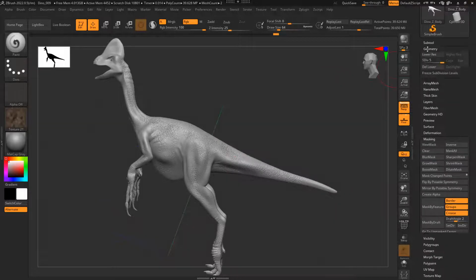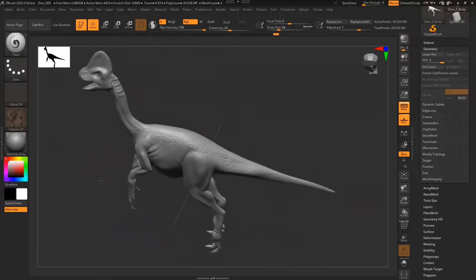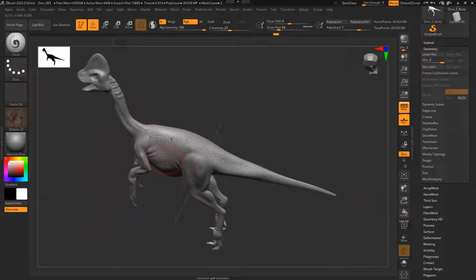This is a very heavy model. I have about 39 million polygons on it, which is a division of 5. So it's very, very heavy. Depending on the computer you're using, you may be able to use it or not, or get that high. I'm doing it that way to keep a better resolution for my sculpting and now for